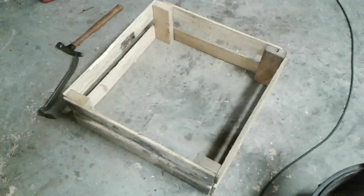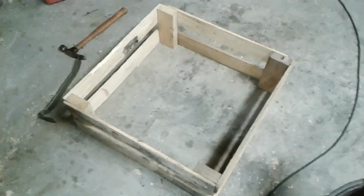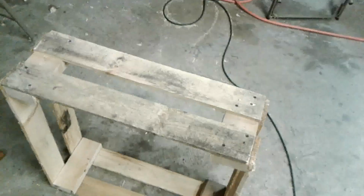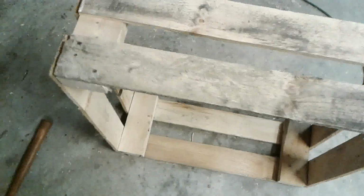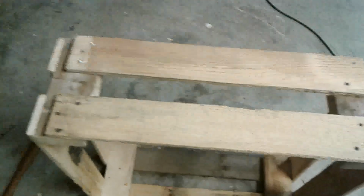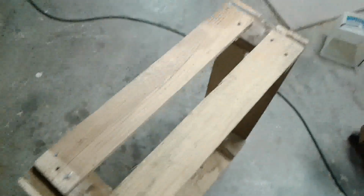Well, there we have it, finished. Looks pretty good from this angle, but I'm going to show you what I messed up on, which came because I got in too much of a hurry, which is probably a recurring theme you have probably heard before and you will hear again on my videos. But this is the side I did first. These were the 2 pieces I took off of the back. They were like the bottom pieces on the pallet. And the rest of the wood I had cut from the front of the pallet, the other pieces, and turned out they were too short, which was okay. It works out. It's not aesthetically pleasing because they're 2 different sides, but